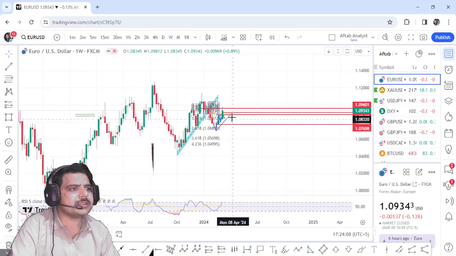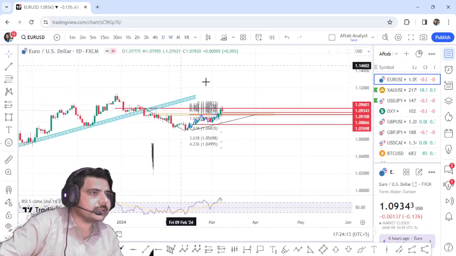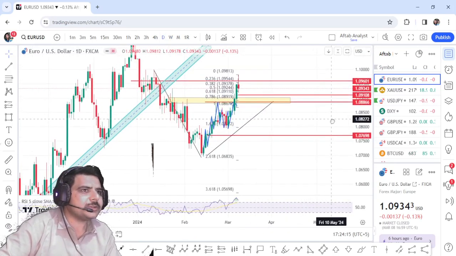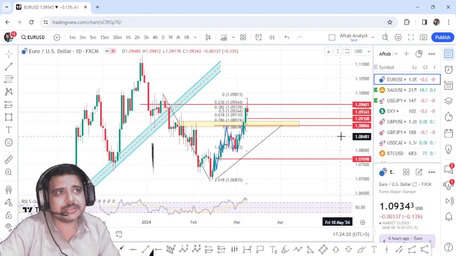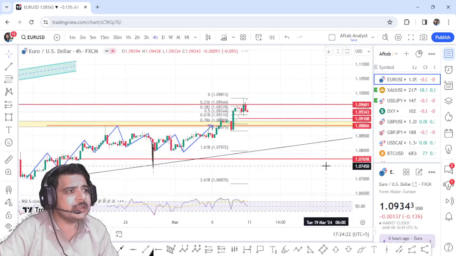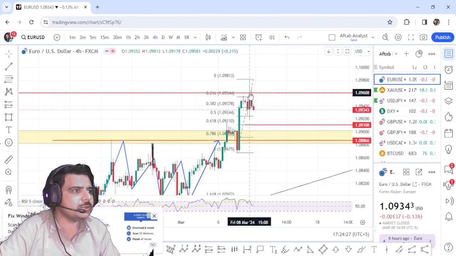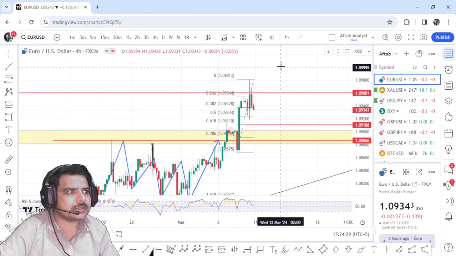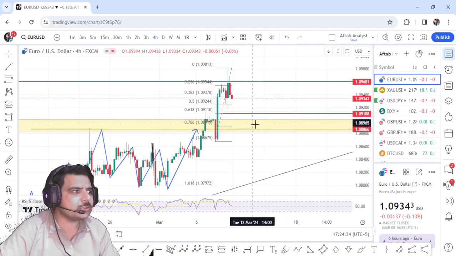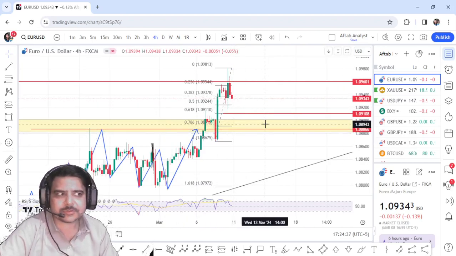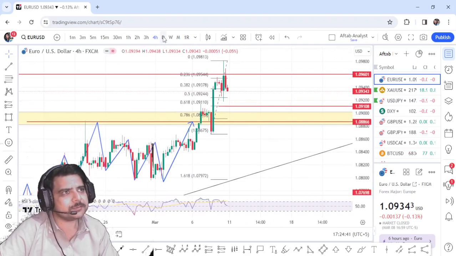Most of the traders will be thinking it is going back up, it is going back up, but I'm holding a sell option right here. Why? Because I will have to put a very tiny stop loss for this one, and you just see how much profit it gave right here. Just have a look at it. All the way from right here, a little bit of drawdown to the top side, and then a drop towards 10866. A further drop is expected, and this much profit we can easily get from the markets.